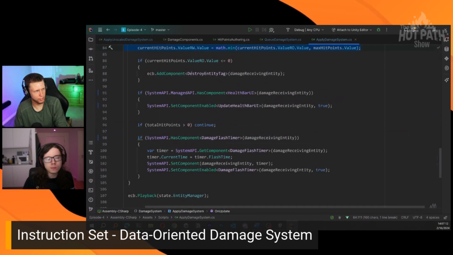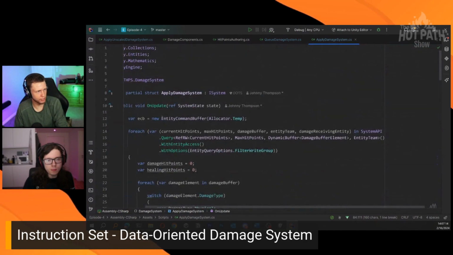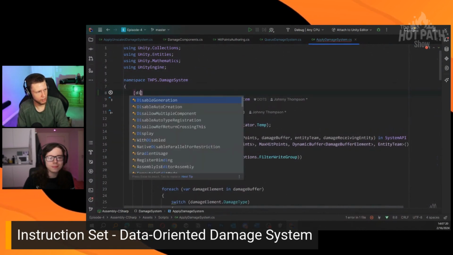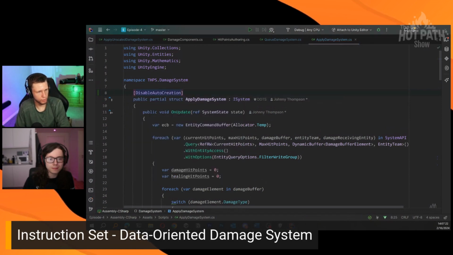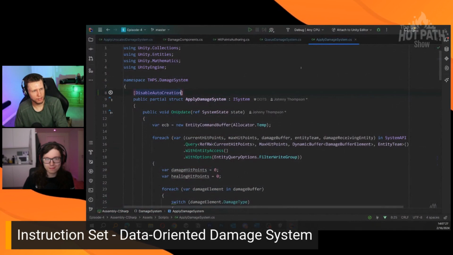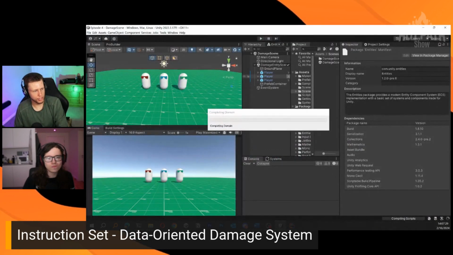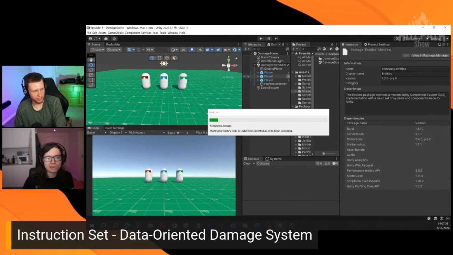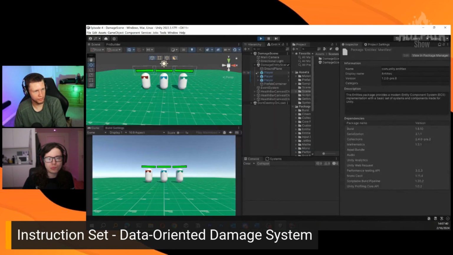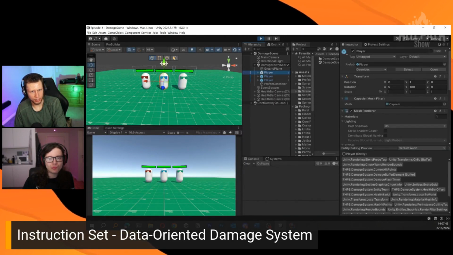And what I can actually probably do is I'm just going to go ahead and disable my applied damage system, just by doing a disable auto creation here. And then what I can show you is when we actually spawn these damage entities, you can see these all just get queued up in the damage buffer here. So I'll go ahead and spawn a damage entity. And if we look at this player here,